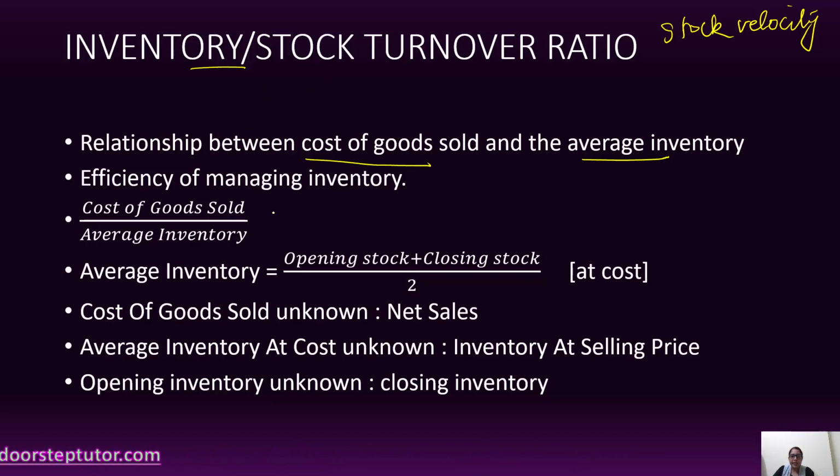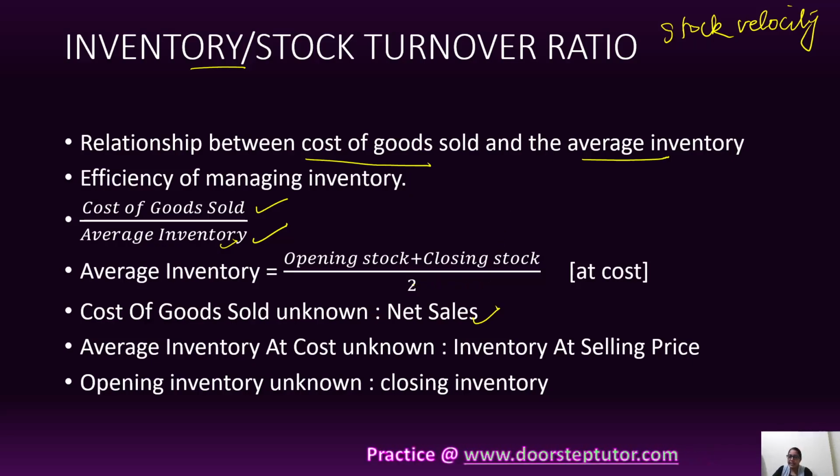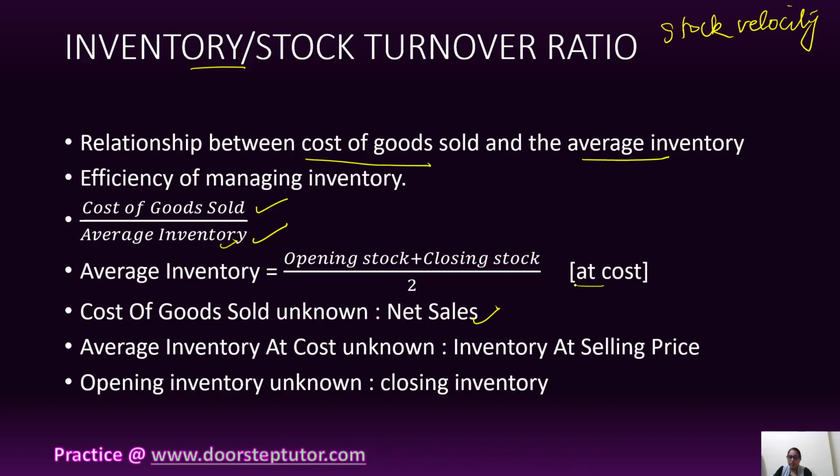How do we compute the ratio? It is by dividing cost of goods sold by average inventory. If the cost of goods sold figure is not given, you can take the net sales figure. Average inventory you compute by adding the opening and closing inventory and then dividing it by 2. These inventory figures are usually taken at cost; if cost figures are unavailable, we can take the selling